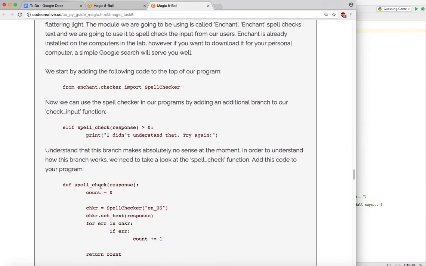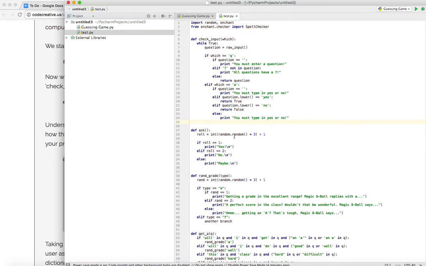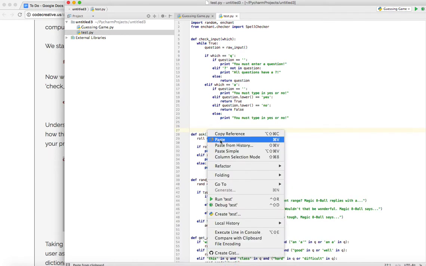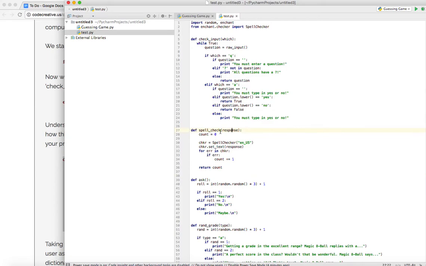And the way we're going to do that is we're going to add this definition to our program, right? So we're here, and I will paste that in, spell check. Spell check is going to take in the question, right? We have a counter starting at 0. We have checker, which is equal to the US dictionary, right? And then when you run set text using the dictionary on the question, the text, the question, is replaced with